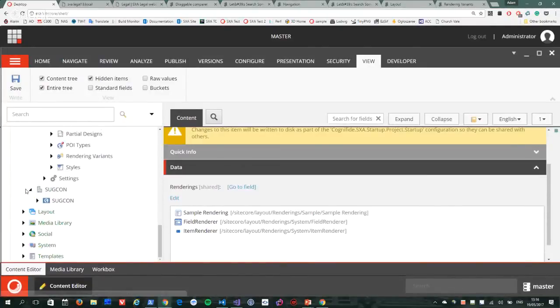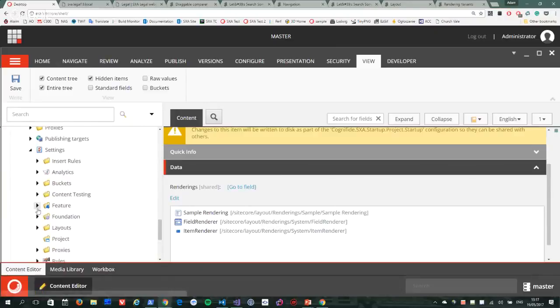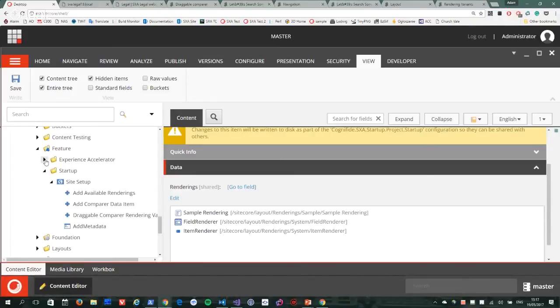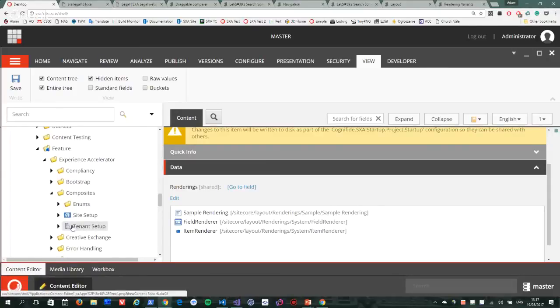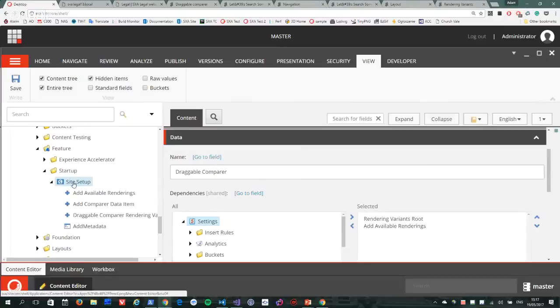And how you're doing it is within the system and feature startup. The best way, and the way I always do it, because the smarter people actually wrote this than me, is to just look at how we structure the features, we've got tenant and site setup, and just copy it, which is what I did, right? I've created a startup, then I've created a site feature participant. I called it draggable comparer,